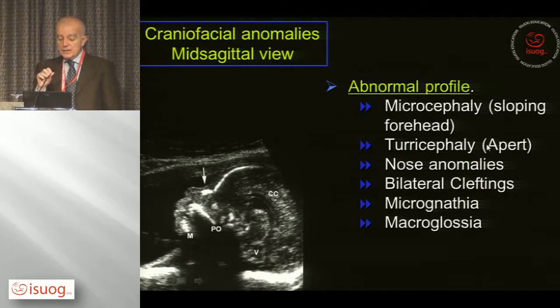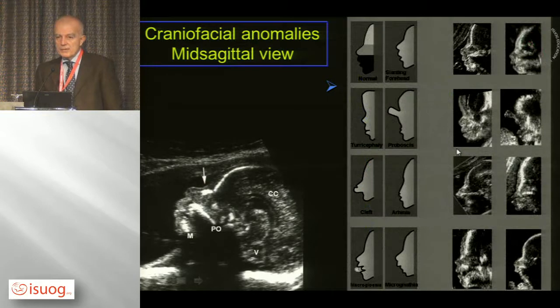And finally, the last slide for you to summarize what we've seen so far, because the fetal profile view, in addition to providing you with a very nice insight into the brain of the baby, and this is quite important because facial abnormalities are very often associated with brain abnormalities, but also it's a kind of summary of all the possible abnormalities of the face that we mentioned so far, involving at least the midline, because, for example, of course, microphthalmia cannot be detected on this view. These are some of the possible abnormalities of the fetal face, involving, of course, the slanting forehead in case